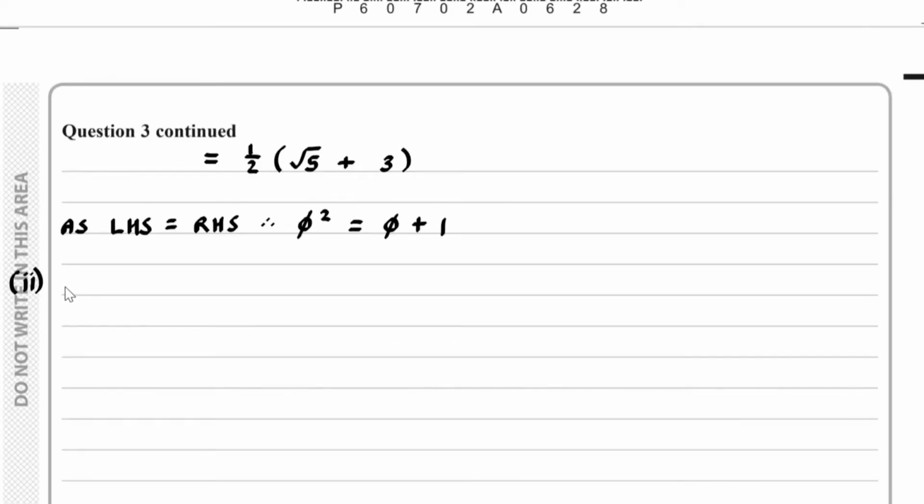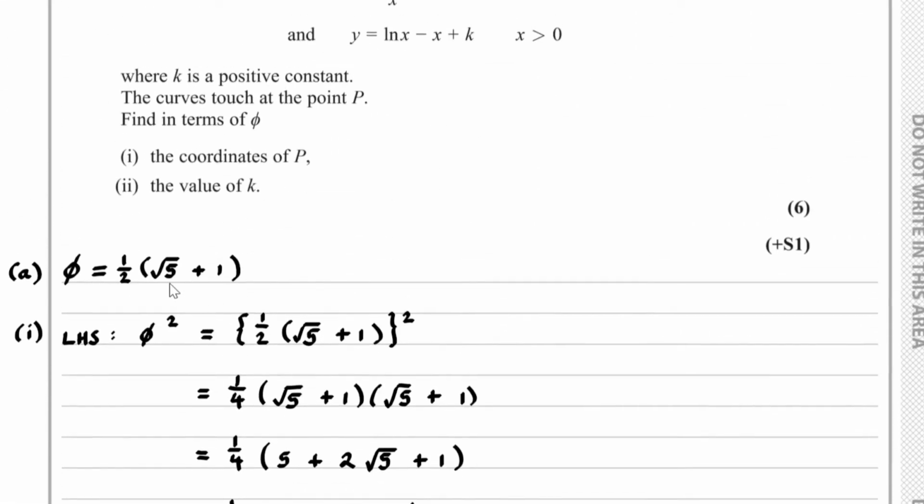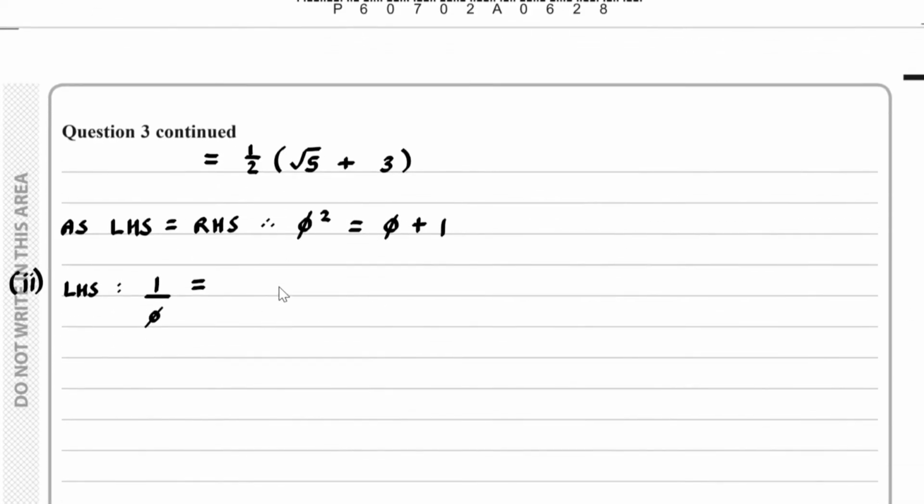So on the left hand side, we have 1 over phi. So what this is equal to is 1 over one half times root 5 plus 1, which is the same as 2 over